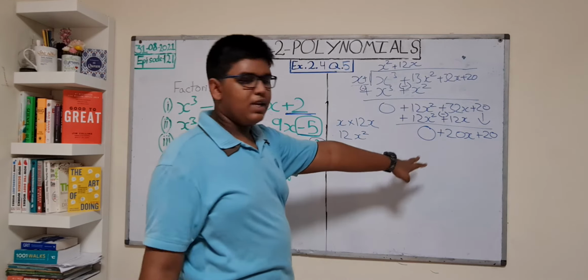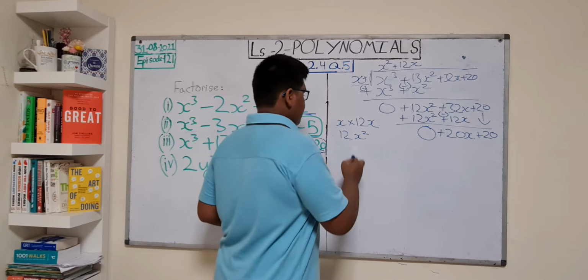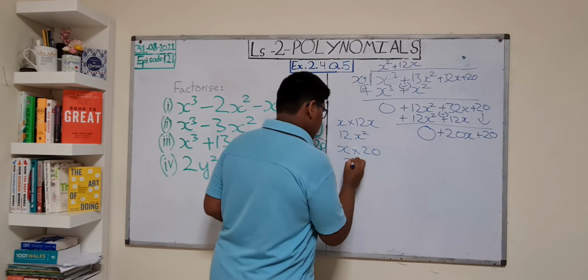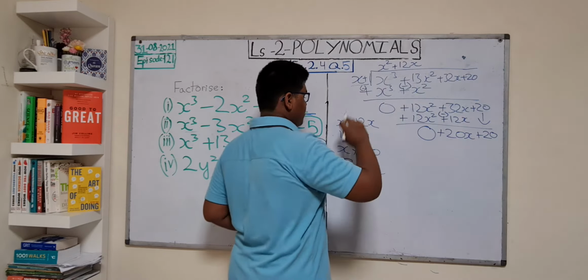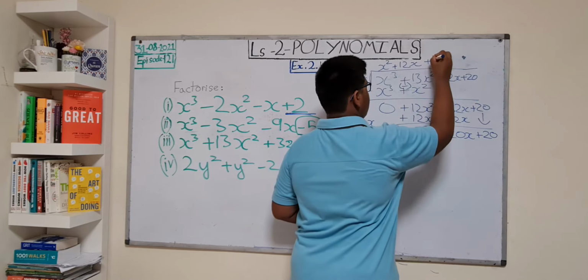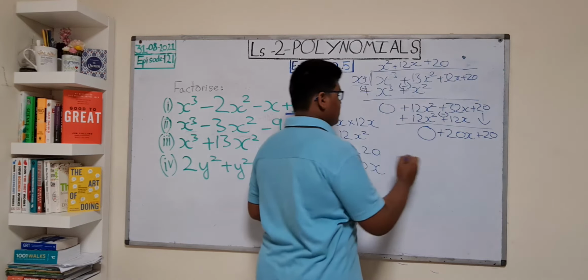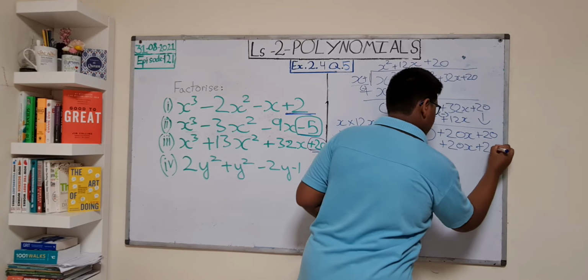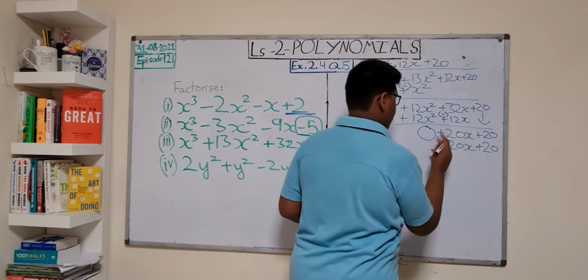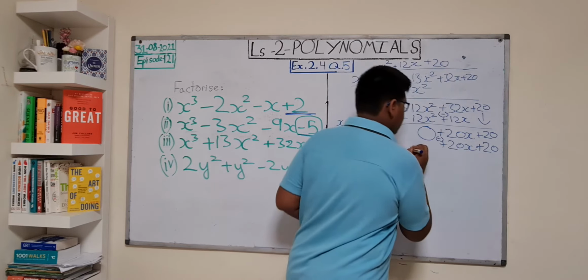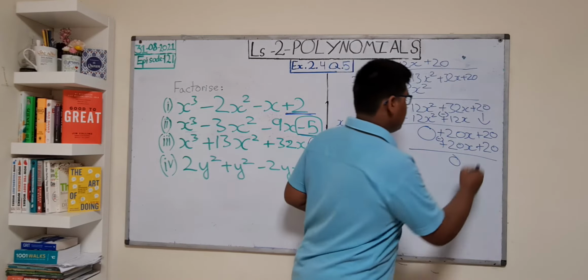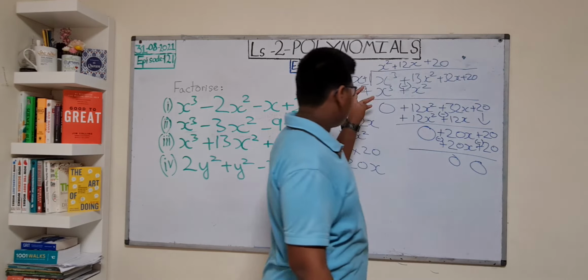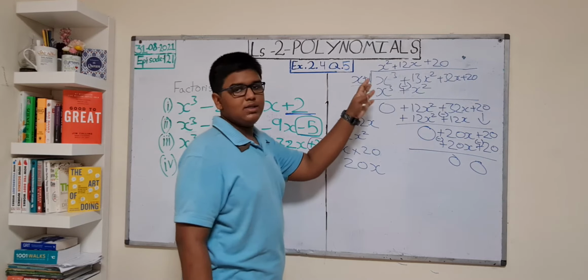Okay, now we are having 20x plus 20. So when we have 20x, if we multiply x into 20, we are getting 20x, right? So we can take 20 as the last factor. Then 20 into x will be 20x, then 1 into 20 will be plus 20. Okay, now the sign will change. This will be minus. So 20x minus 20x, the answer will be 0. And this sign also will change. Then 20 minus 20 is 0. So we can tell that x plus 1 is the factor of this cubic polynomial.